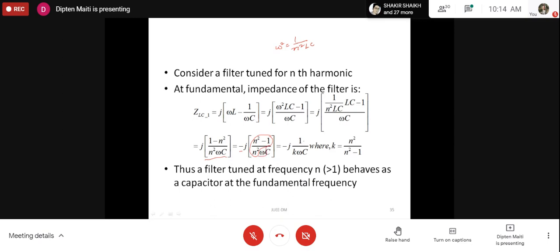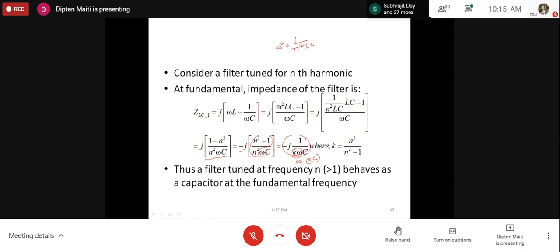So we have an impedance value at the fundamental that comes to be a capacitive impedance. You check here further, there is no contradiction here. Here, this is minus j by omega C. However, of course, we can consider this is k omega, or you can also consider this is omega into kC, as if the capacitor value has been modified. You can look at it either way. That does not make any difference.